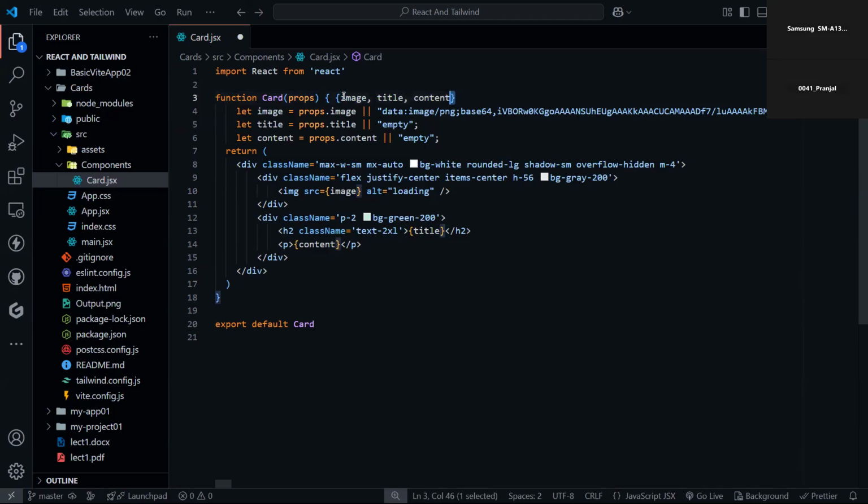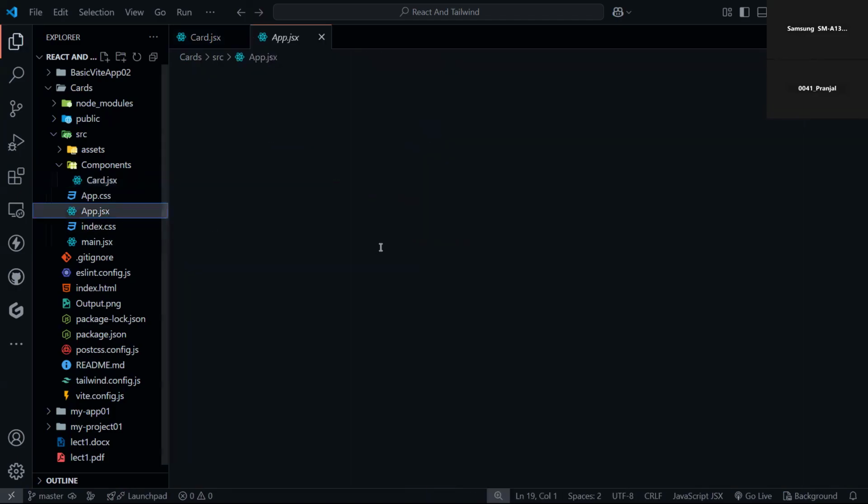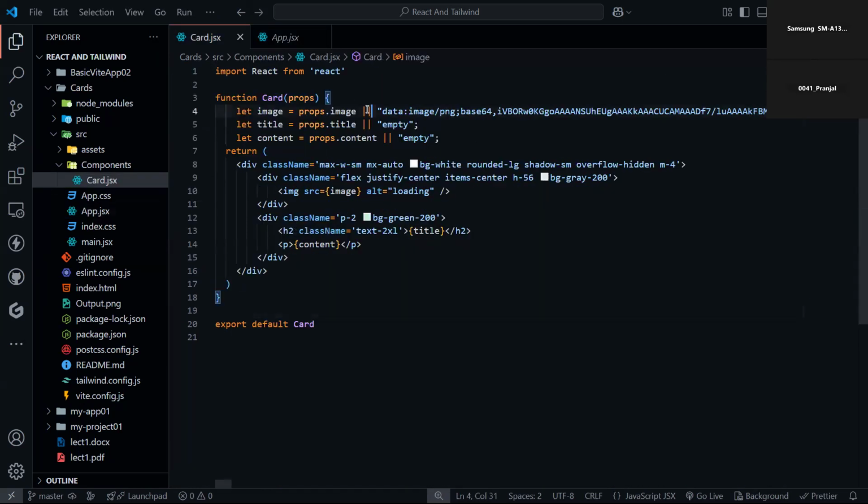But traditionally, we try to receive all these things with the help of props, and after that we made three variables: image, title, and content. What does it take? A particular props.image. What does props.image contain? Props.image contains the address of the image that we have passed from here,